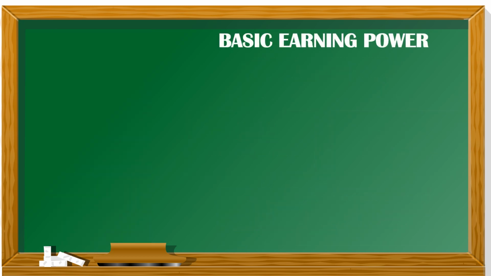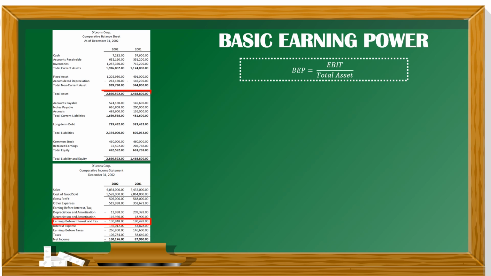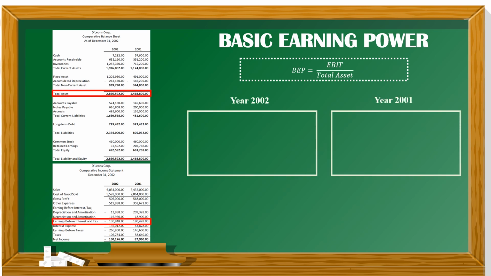So for the fourth type of profitability ratio, we have here the basic earning power. Now for the formula, we have here the EBIT or the operating profit divided by its total assets. Now for year 2 of the Leon Corp, we have the BEP is equal to negative 130,948, which is the EBIT, and divided by its total assets of 2,866,592. For 2001, the Leon Corp has a